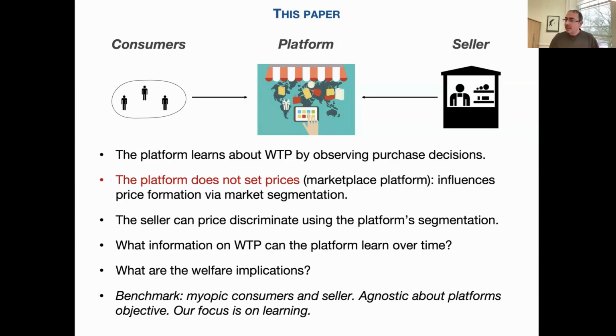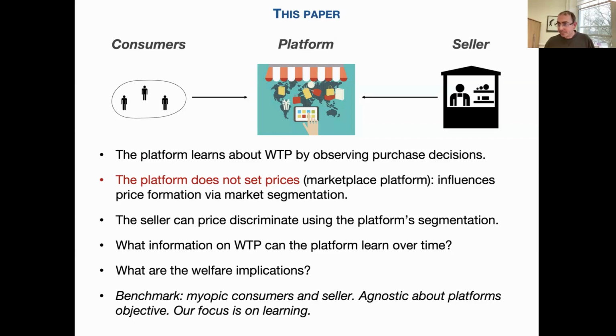Okay, the problem is going to be rich enough to provide some interesting results, and then we can talk a little bit about what happens when consumers are not myopic, and what happens if sellers are also forward-looking. But this is going to be the second part. The first result is going to be based on this benchmark. Now, I'm happy to take questions now, but this is just a motivation. If you can also wait 5 minutes, I will also present the model, so it's all clear exactly what we're talking about.